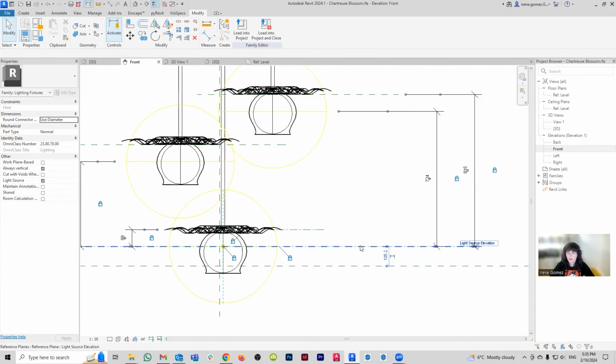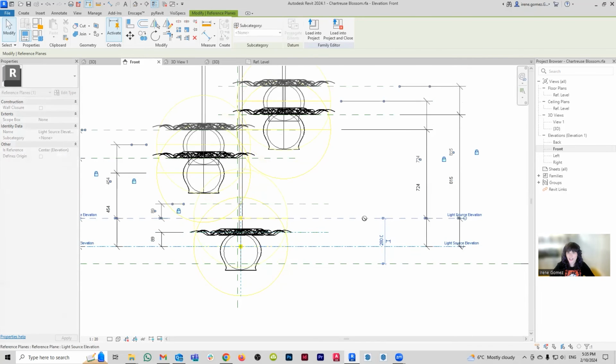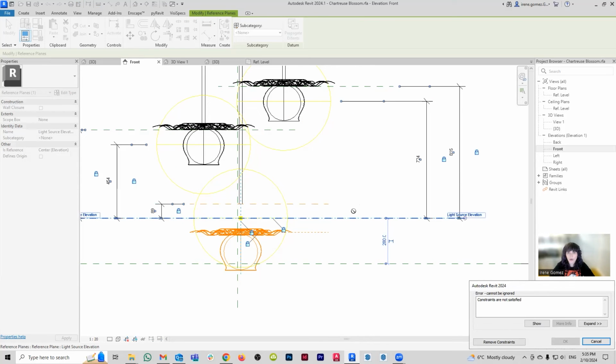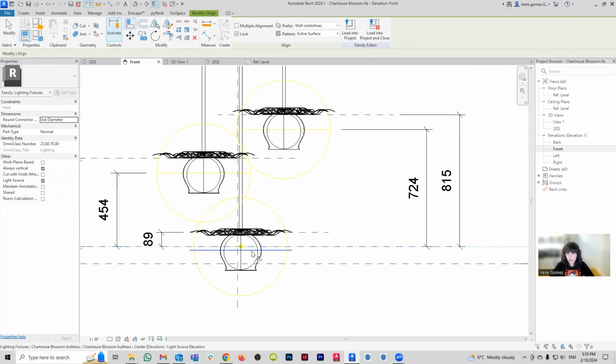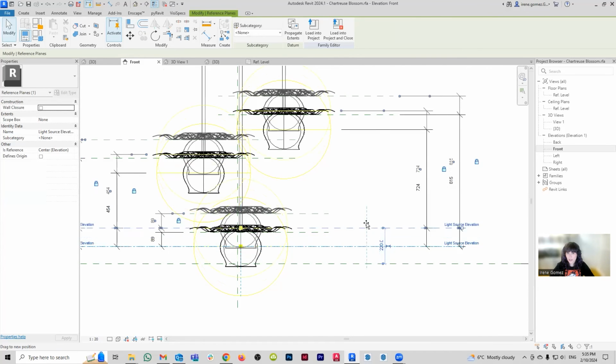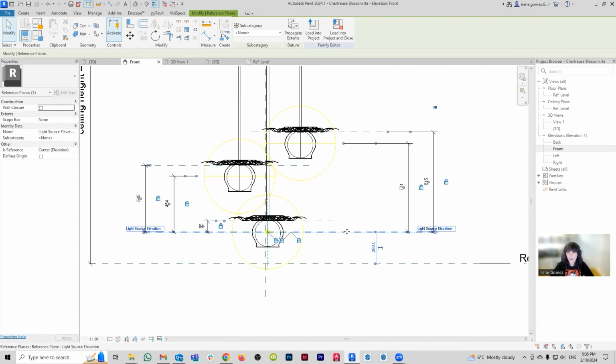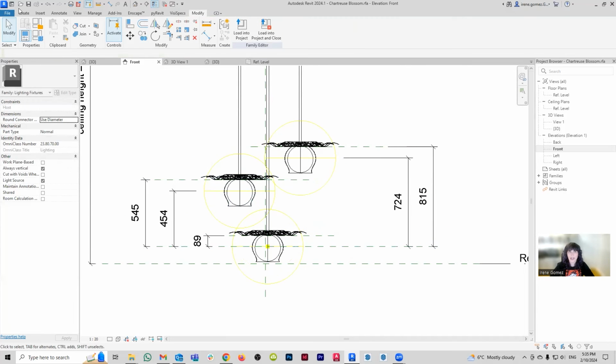That's fine. But what should happen now is that if I move this guy, oops. Oh, right, because we were using the reference. I locked it to the wrong thing. This guy is going to be aligned to there. That's remove constraints. And then let's test that out. Yeah, now it's working. Amazing, fantastic.